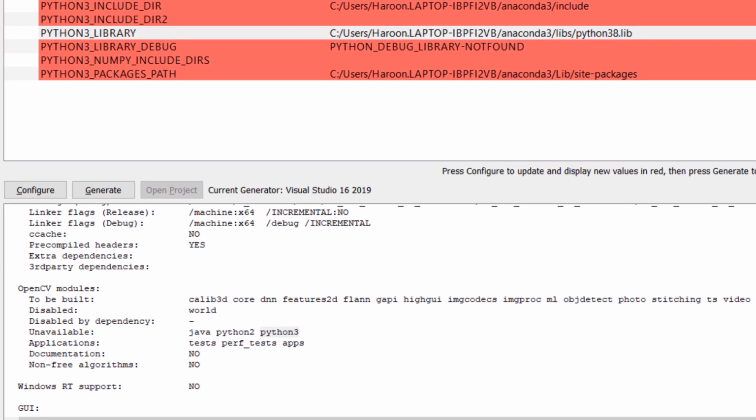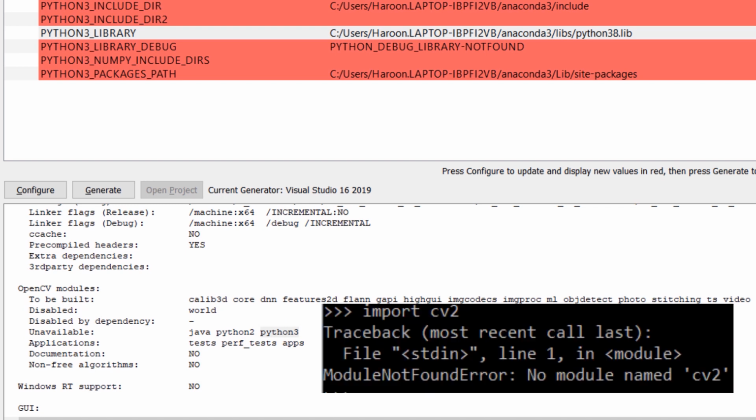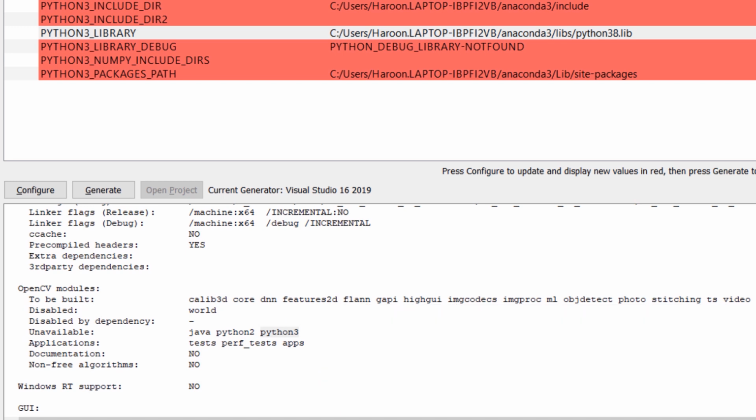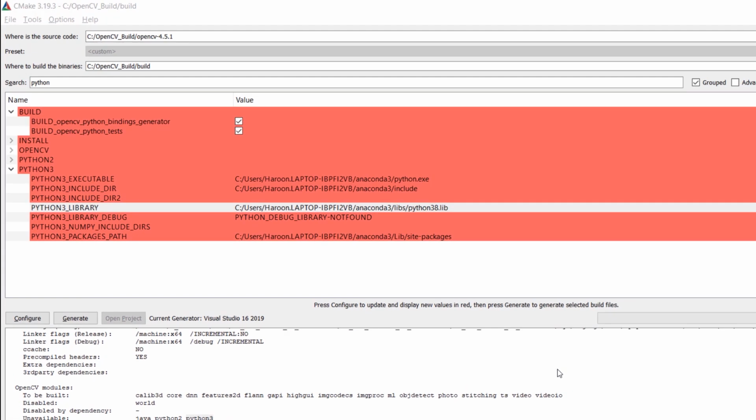If we scroll down to OpenCV module section, we can see that OpenCV build is unavailable for Python 3. If you proceed with the rest of the procedure, you will be able to build and install OpenCV with GPU support. However, its Python bindings will not be available, which means you will encounter the infamous module not found error when you try to import OpenCV. This is caused due to mismatch of NumPy versions. We can fix it by updating NumPy.